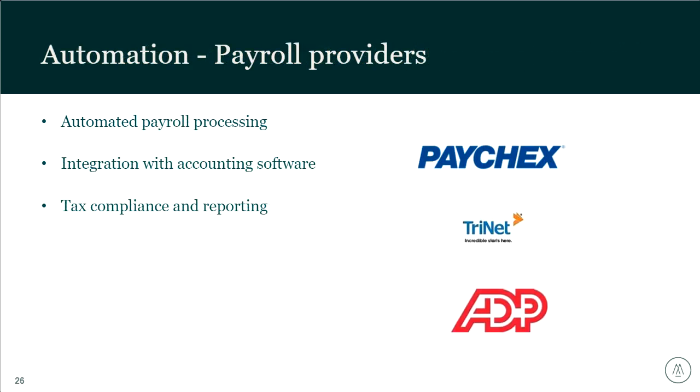Payroll resource management plays a crucial role in automating various aspects of accounting, particularly in handling employee compensation, benefits, and compliance. Here's how payroll resource management assists with automation in accounting: automated payroll processing, streamlined calculations, scheduled payments, integration with accounting software, seamless data transfer, real-time updates, tax compliance and reporting, automated tax calculations, filing and reporting. By automating payroll processes, businesses can reduce administrative burdens, minimize errors, and ensure compliance with tax and labor regulations.